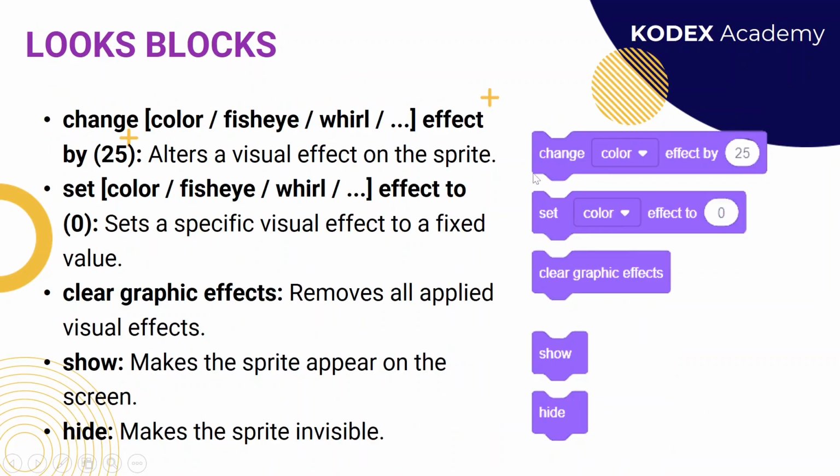These blocks help to change the color effect. In some animations you will see your sprite changing color continuously, with different colors showing. This block creates a very beautiful animation when you want to choose a different color for your sprite, so you can use it. "Change color effect by 25" means you can see the effect of 25 different colors, and you can change this value and also set the color on the basis of that.